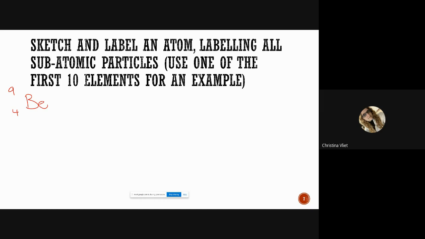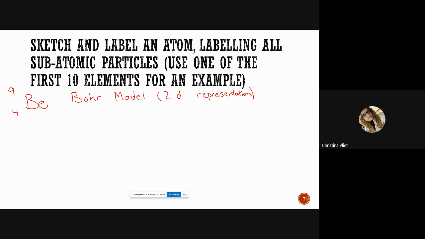If you are asked to sketch and label an atom, we're going to use something called the Bohr model. It is a 2D representation. It's not the best, but it's what we have for being able to give information. The electron cloud model is the best, but it's too complicated. Cambridge won't ask you for it. So if you're being asked to sketch a model, you can do the Bohr model. The Bohr model is the one where you start with the nucleus in the middle, and then you build out the energy levels. So for beryllium,